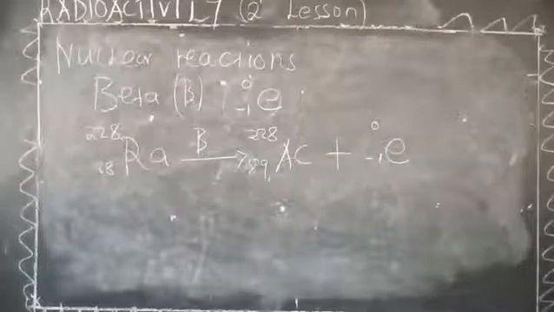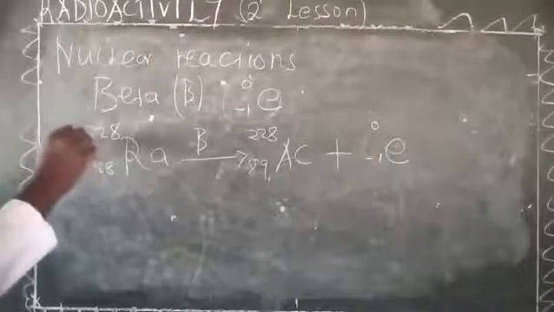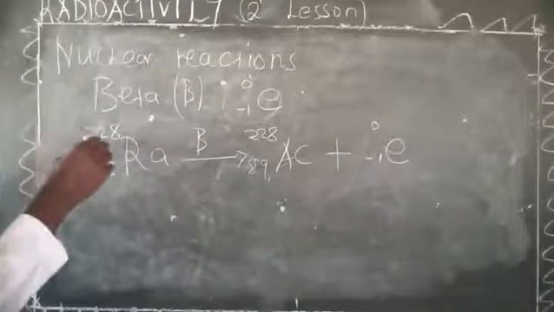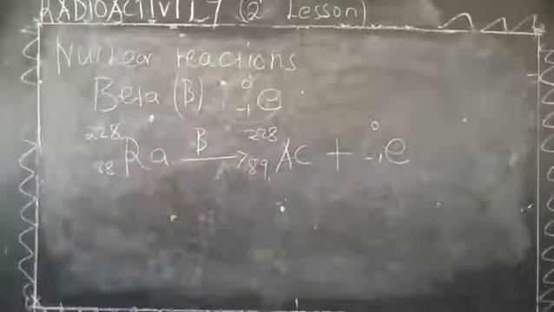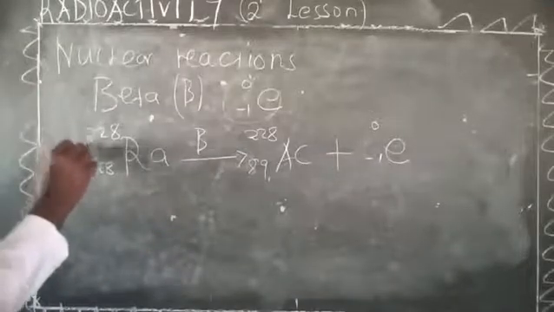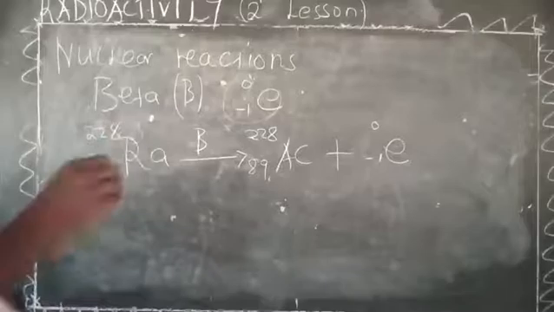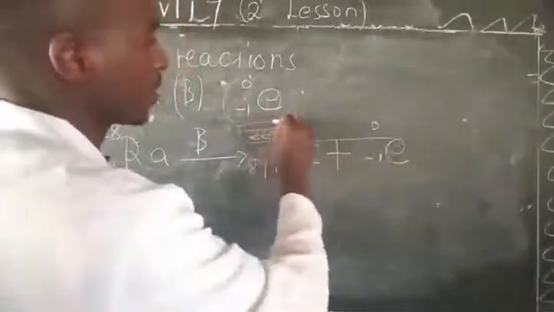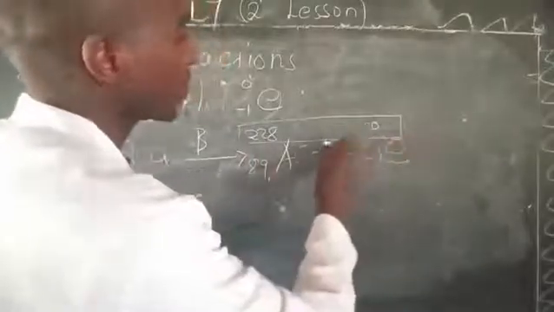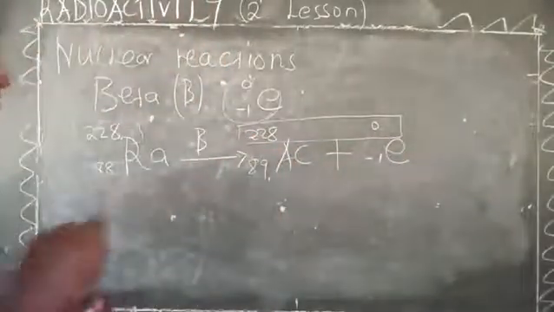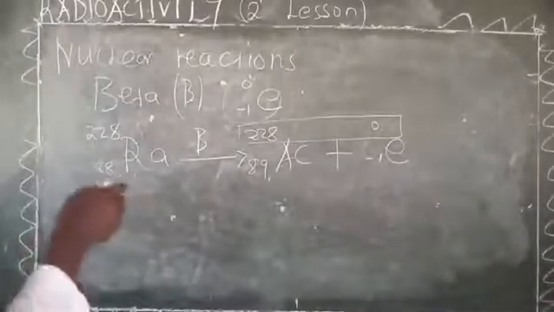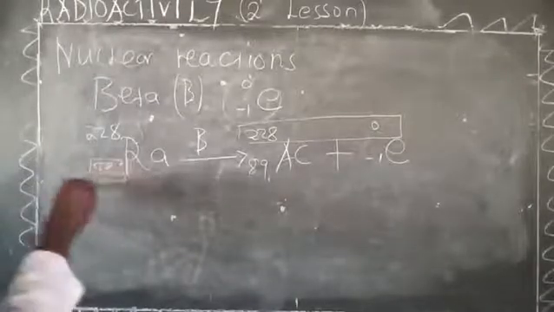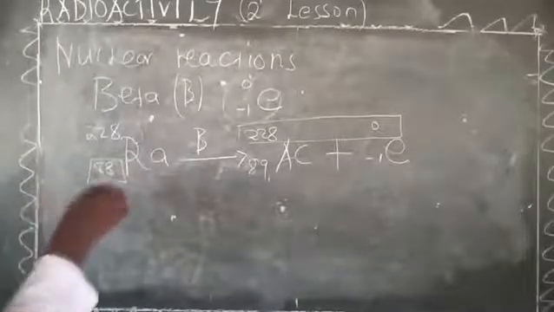And if you look at this, what we are having again is a balanced nuclear reaction, because if you have 228 on this side, the sum of the mass numbers on the product side as well is 228. And if you look at what we are having as the atomic number, which is 88 for radium,